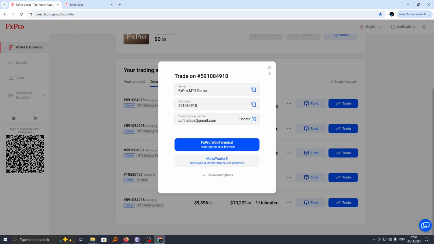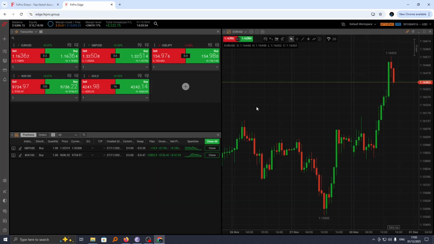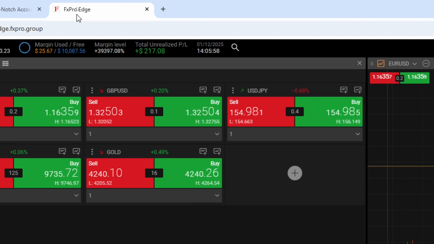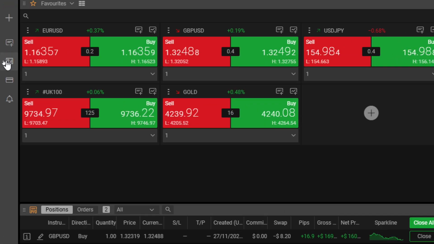Alright, so the first thing you need to do is to go ahead and log into your FxPro account and then go to your trade by just clicking on this trade. And for this case, I'm going to use FxPro Edge terminal. Once you're in your terminal, to see your previous performance history, just head over to this icon here and